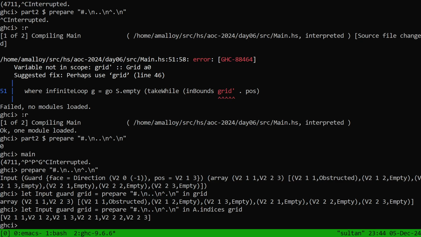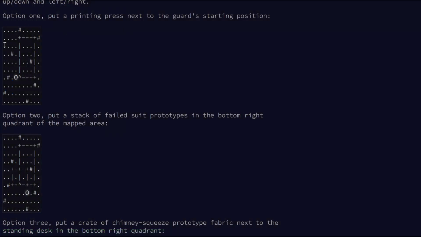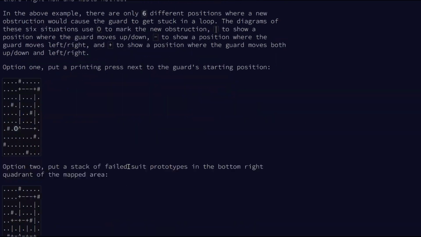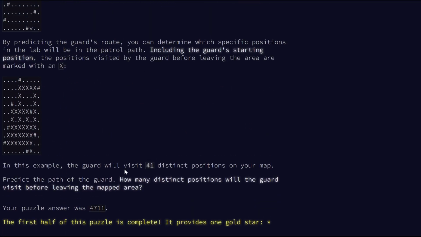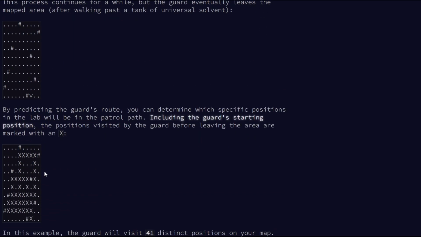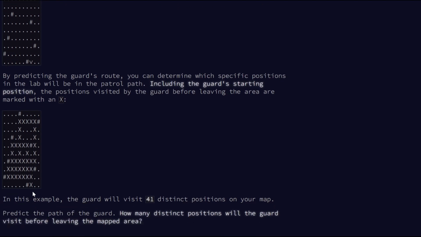It's not, I don't think it's said explicitly, but like in this, I guess the guard normally leaves through here. If you could put,